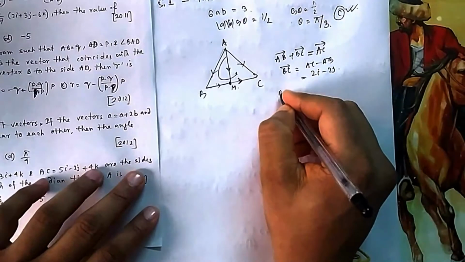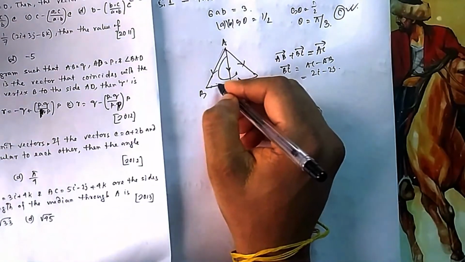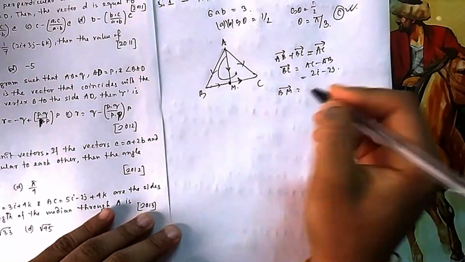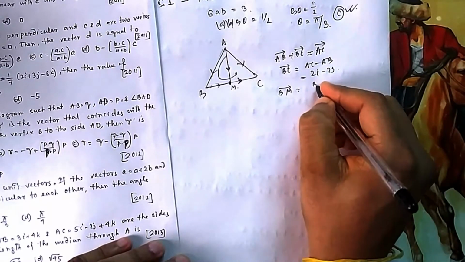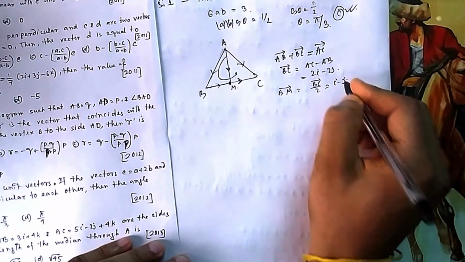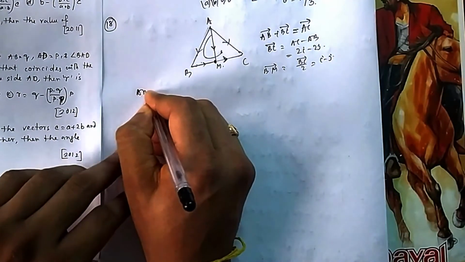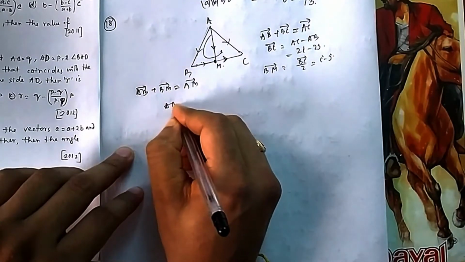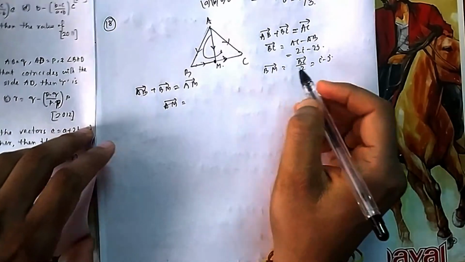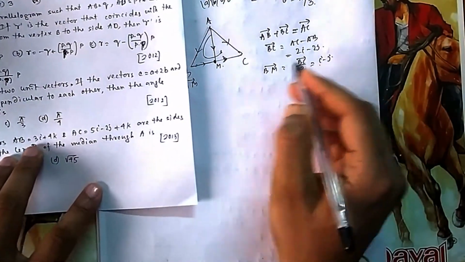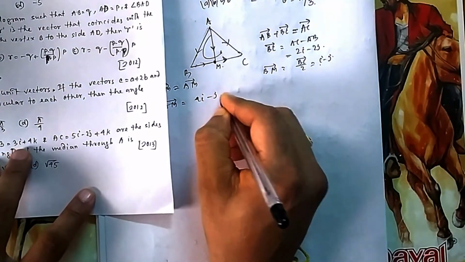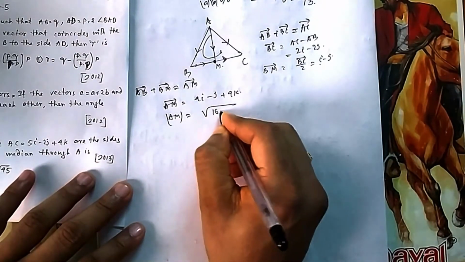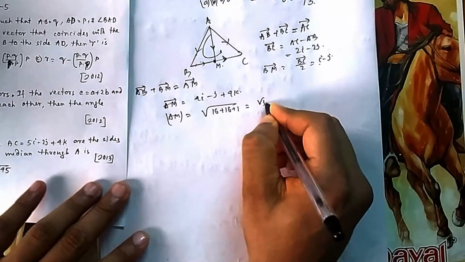That's it. So what will be your BM? Why am I calculating BM? Because if I can calculate BM, then in this triangle AB plus BM will be equal to AM. Once I know AM, then the magnitude will follow. BM is half of BC, so that is i minus j. Again in this triangle it will be AB plus BM, and you can see the continuity, equal to AM. So your AM vector will be AB plus BM, where AB is this one. So this plus this will be 4i minus j plus 4k. So the magnitude of AM, as they have asked, is the square root of 16 plus 16 plus 1. It is root 33. That is your option C.